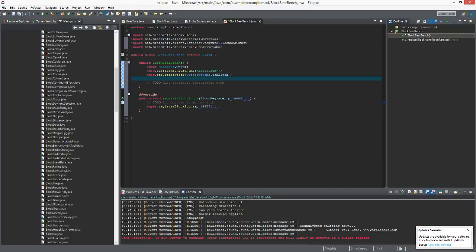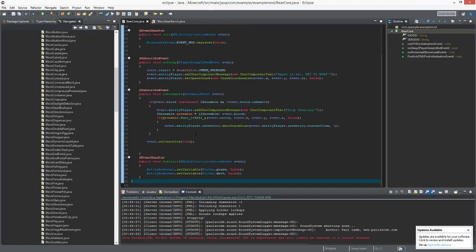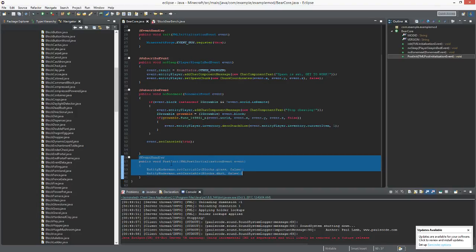Okay. Let's close the Enderman, and we'll go close the block grass. We'll go to BearCore. And now you do the same thing that you did with post init, but you copied init and made a post init out of it. What you do now is you copy the init and make it a pre-init, the same way you did it with post init. So you copy it, the Minecraft forge is not needed. You just make